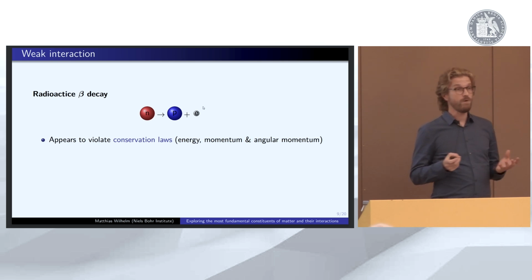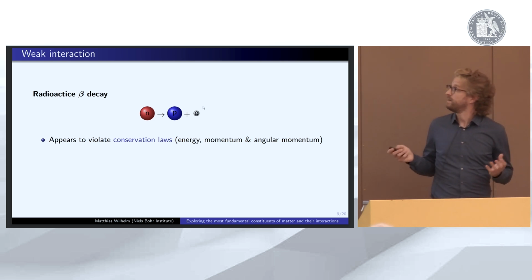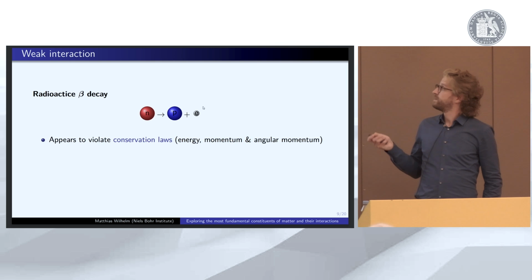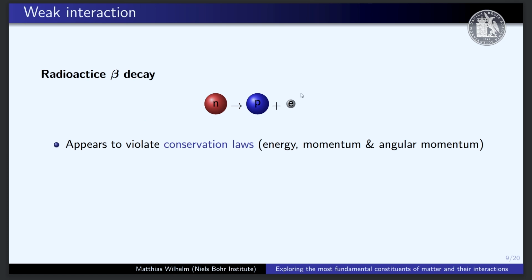The neutron was moreover found to be able to decay in a radioactive beta decay, producing a proton and an electron. However, as this was observed, this appeared to violate conservation laws, in particular of energy. It's a very deeply held belief, and a much tested one in physics, that we can't just create energy out of nothing. We can only ever transform one form of energy into another kind.